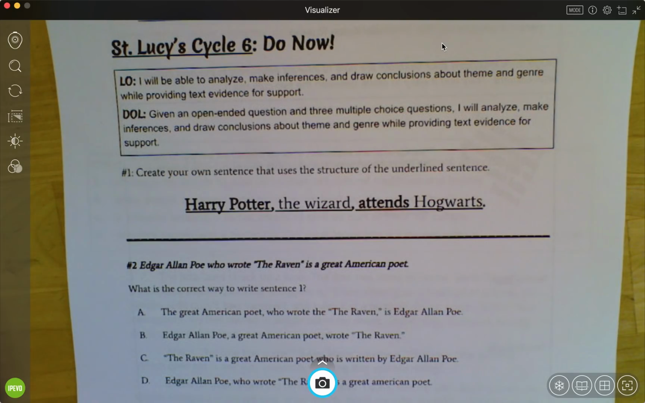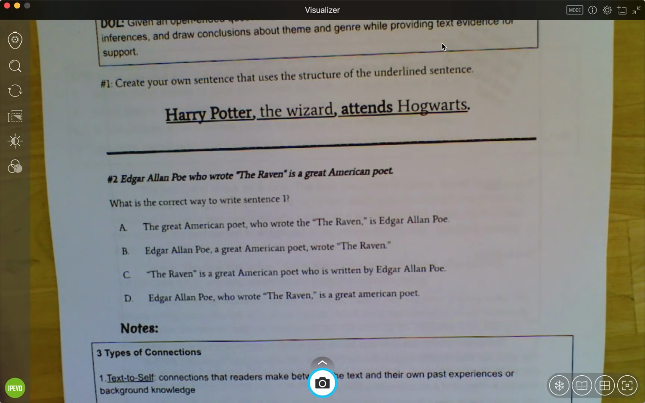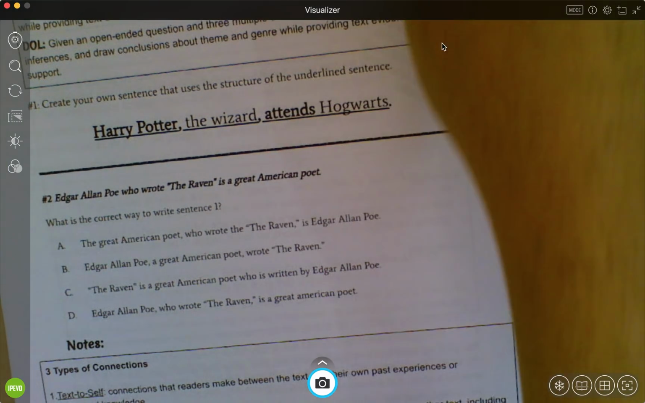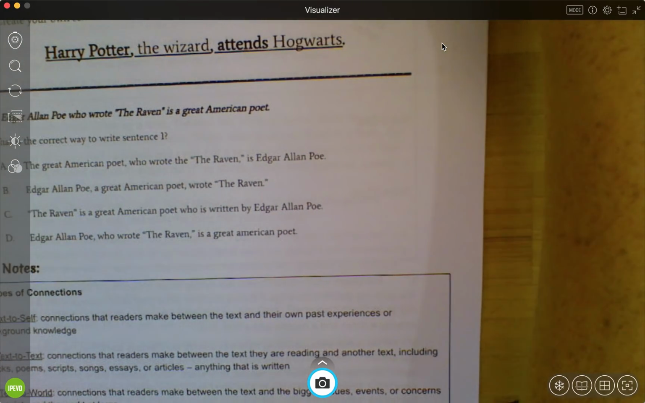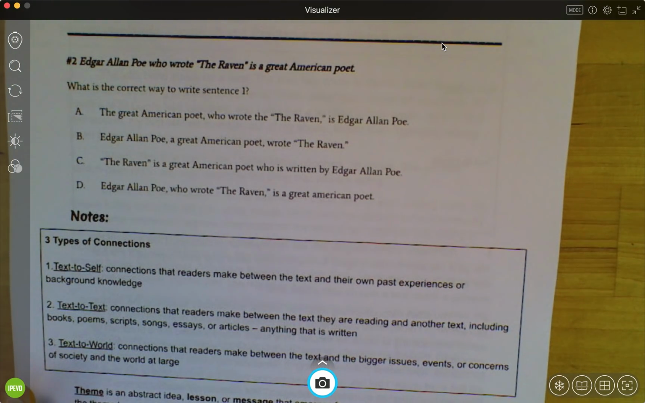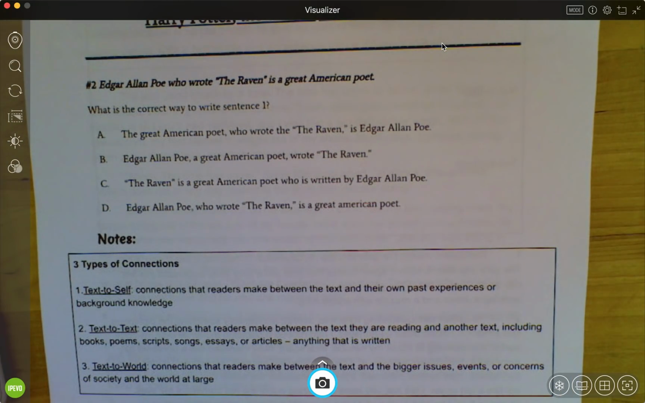I'm going to take you through the note part, so you should have already done the warm up, all right? And then we're going to go down to where it says notes, 3 types of connections, okay? So today, really the focus is that you are making connections between St. Lucy's and the article that we read at the beginning of the 6 weeks and yourself in the world,